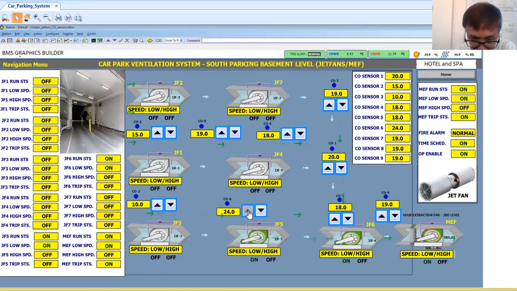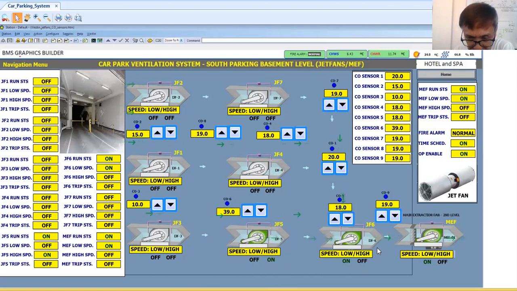Now let's simulate. Okay, there is some problem here in my control logic. Now here, this one runs at high speed and this one runs at low speed.